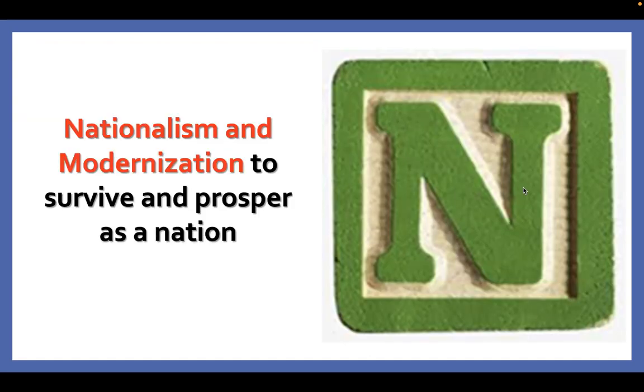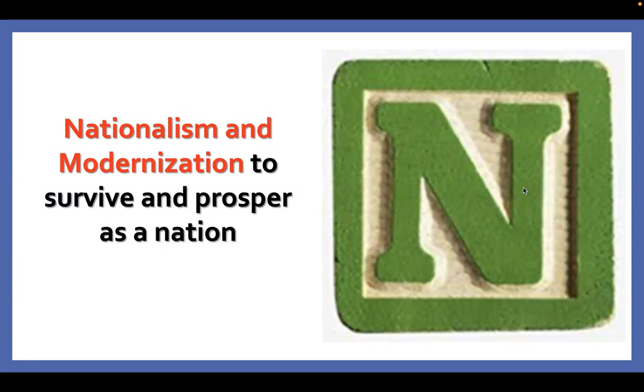The N stands for nationalism and modernization. So starting about 1850, people began to realize that really the best means to promote their individuality, to promote rights and their self-determination was to be very loyal and unify with people who shared a common culture, a common language, and a common history. This is what nationalism is. So those nations that were Western were very nationalistic. I would die for my nation.